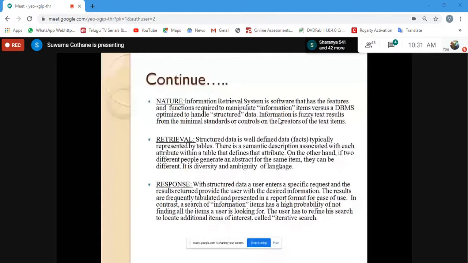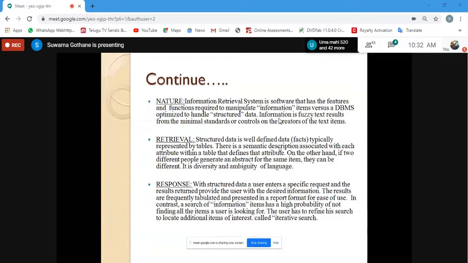If I fire a query with even one word different, or the case not matching, you may not get the correct result. But in the IRS also, there exist certain abstraction changes, because the same word is going to have different meanings.